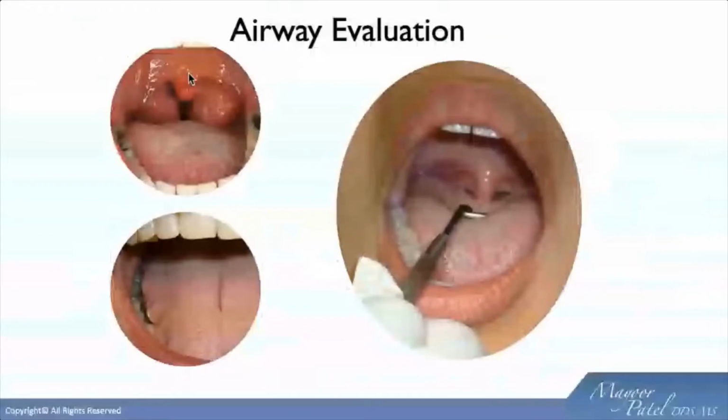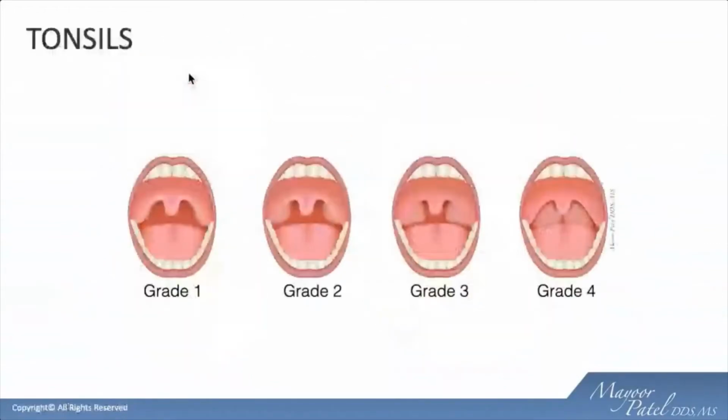But this is what we're going to be faced with, our airway evaluation. And this is something that we deal with on a day-to-day basis, and we'll spend some time discussing every one of these components. So let's look at tonsillar tissue for a moment, and let's take an understanding of how we grade tonsillar tissue. So if we split the mouth into half, and you look at the lateral aspect of tonsillar tissue, if it occupies less than 25% within the pharyngeal wall, we call that grade 1. If it's about 50, it's about grade 2. At about 75%, it's about grade 3. And then when it's up to or approximates the midline, it's grade 4. And if the person does not have tonsils, they were removed, then we will classify them as grade 0.